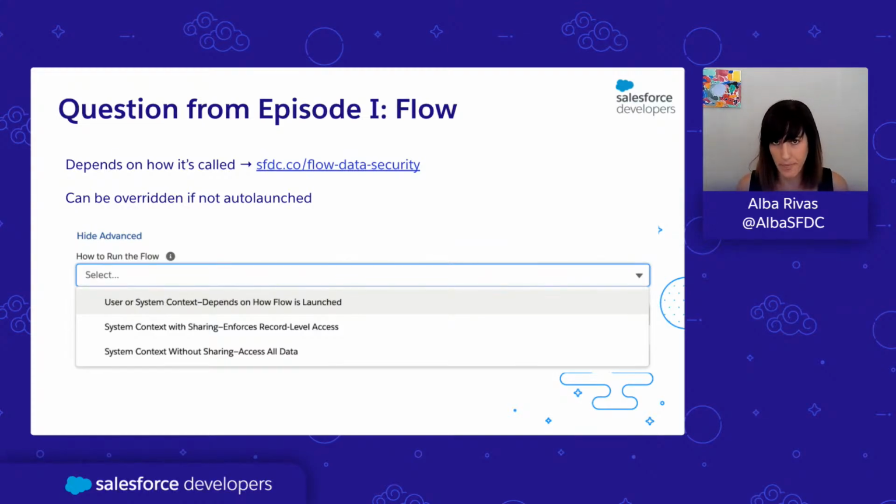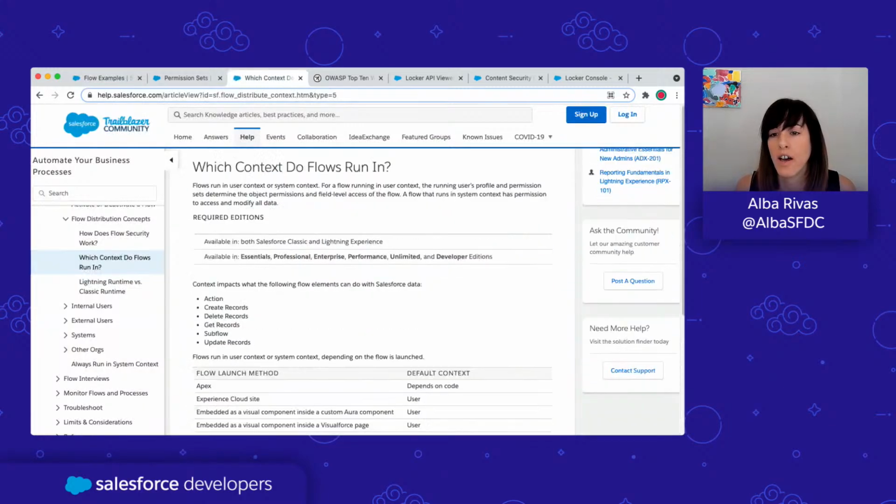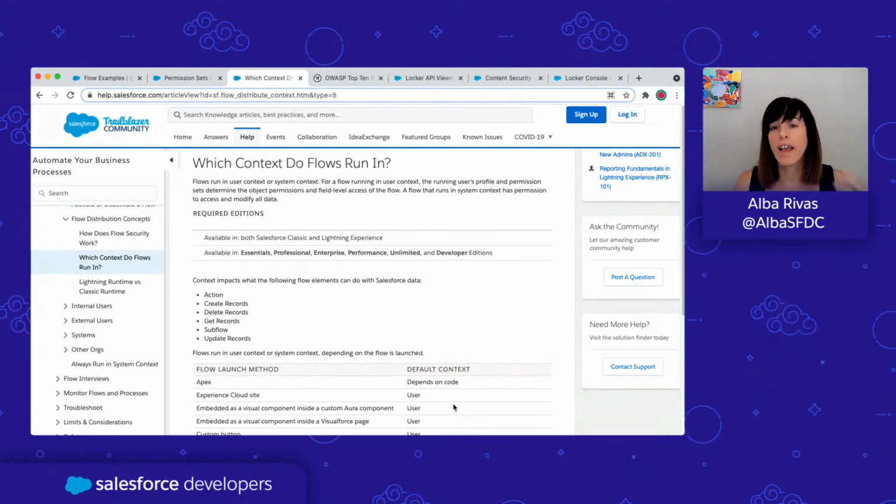Great. So first of all, I want to start by answering a question that was asked in the first webinar. Somebody asked how data security worked in Flow, and I promised that I was going to take a look and explain to you how this works, right? So basically in the documentation, there is a help page that you can read if you want to know more in detail about this topic, but I'm going to go to that page for a second and explain to you